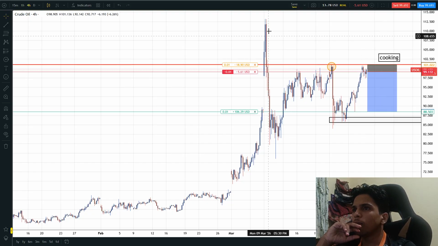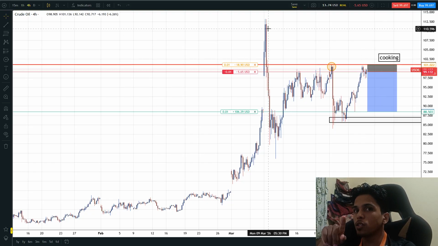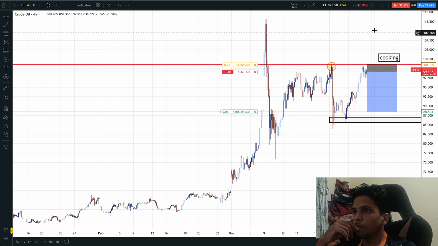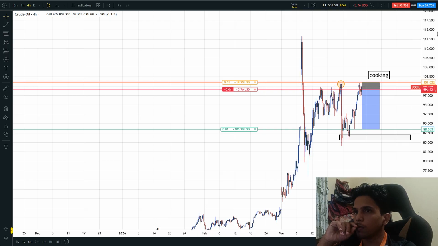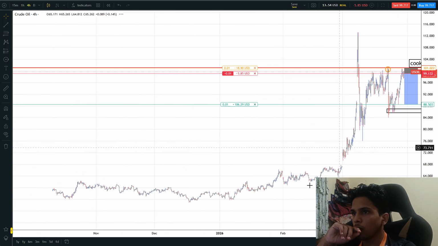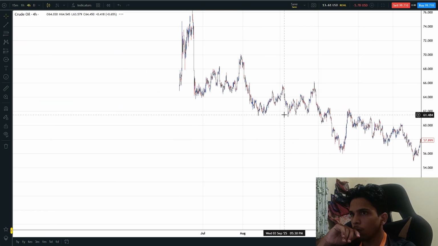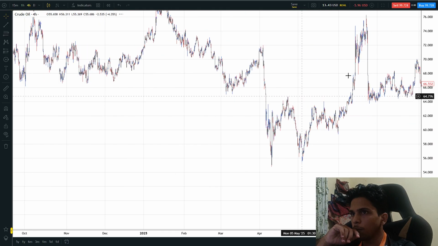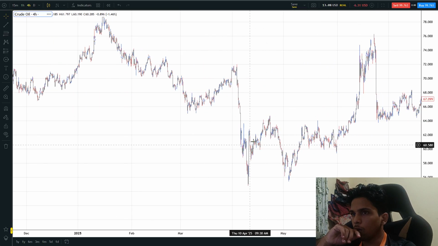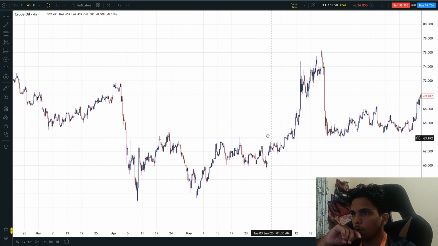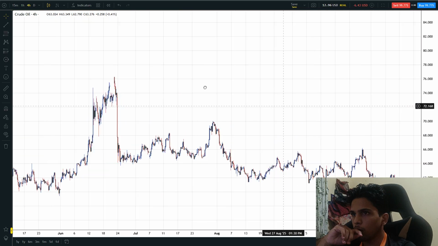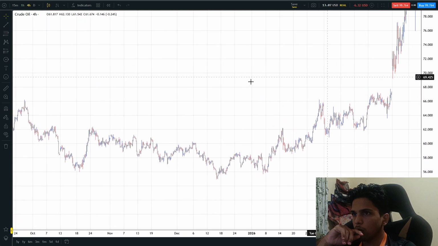And this level is not achievable because Iran and the USA are not doing what they are doing most of the time. So as you can see here in the past also, we are confirming whether this trade is right or wrong. That W has been made. These things happen.